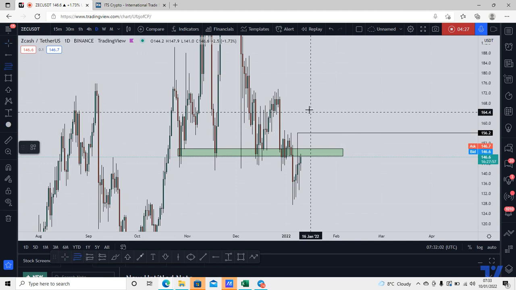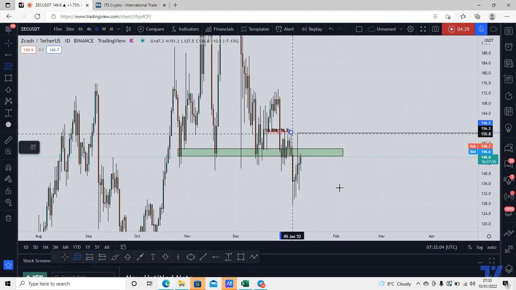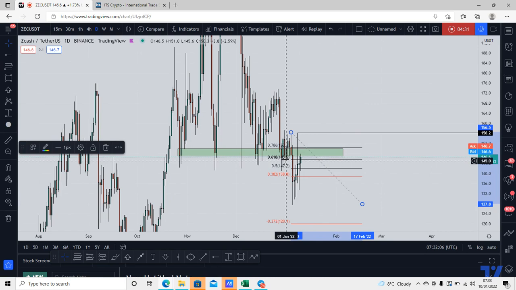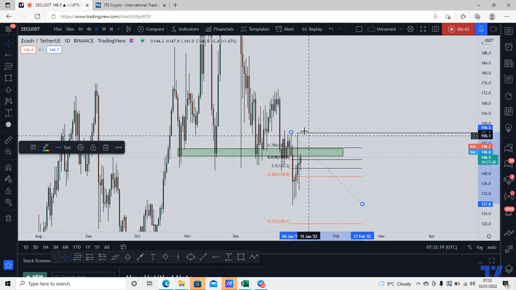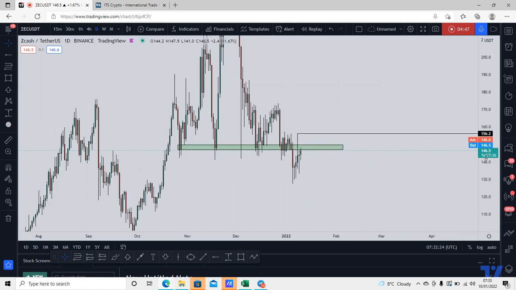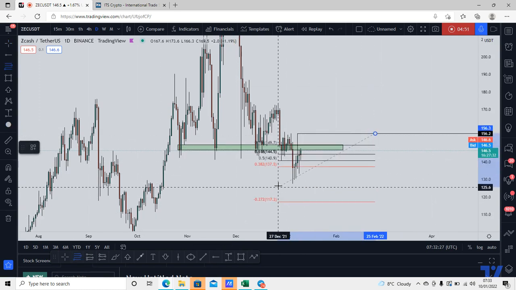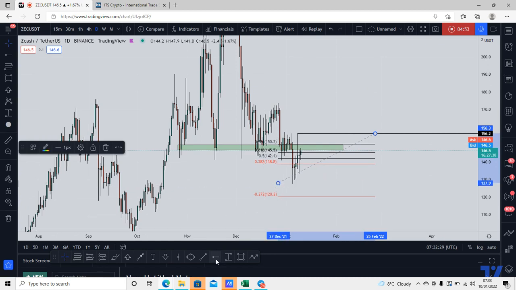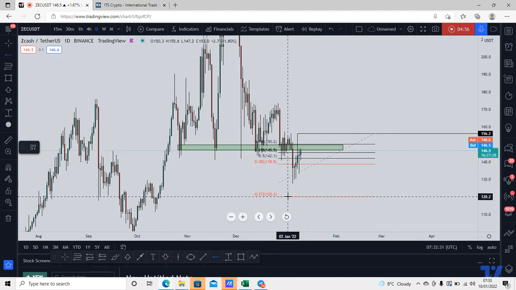If we take our Fibonacci from the high to the low of the bearish impulse, we can see that the market is currently correcting to exactly the golden ratio, the 0.618, and it hasn't closed above the 0.786, because this would invalidate this correction. But it is likely today we fill in this wick, trap bulls all inside of this area, and this is where we will be looking to short. If we take our Fibonacci from the high to the low of the correction, the minus 0.272 will be our downside target,